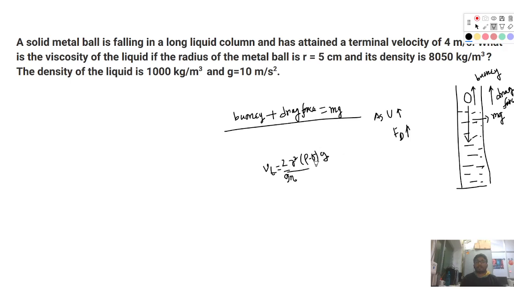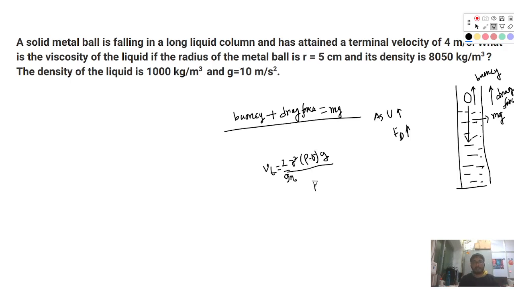Fine. So this is the terminal velocity formula, where g is the gravitational acceleration, r is the radius of the ball, eta is your mu, the viscosity of the liquid,